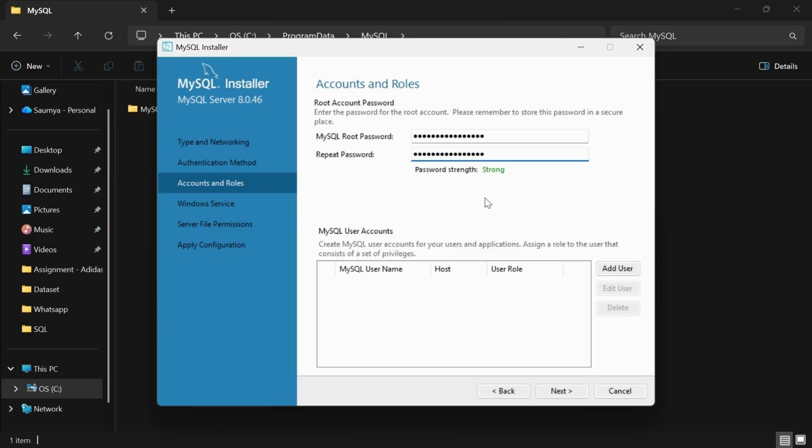These two passwords should be the same, right? And you have to remember these passwords very strongly, else